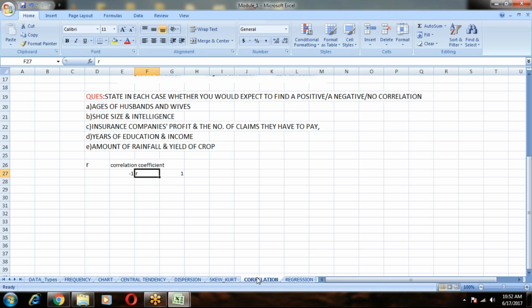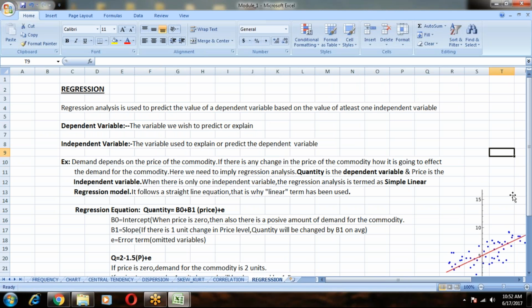Okay. Now we are done with this correlation part. Now the very important part we are going to start, that is regression. Now the point is, if you suppose you have two variables,